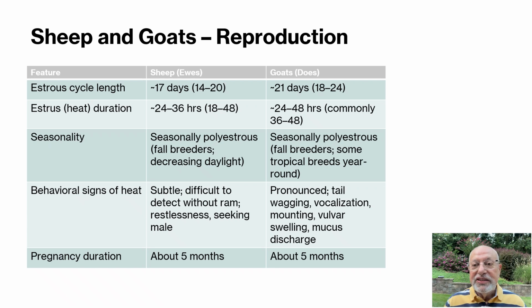Then the other part is seasonality. Now, what does that mean? Well, these animals are seasonally polyestrous. I mean, they come into reproductive cycle in one particular season. So in the northern hemisphere, in the United States, Canada, and some of the European countries in the north, they start cycling when we have less light during the daytime and long nights. So this is what the fall season is for. Now in the United States, fall season has just started, so this is the time that these animals start cycling.